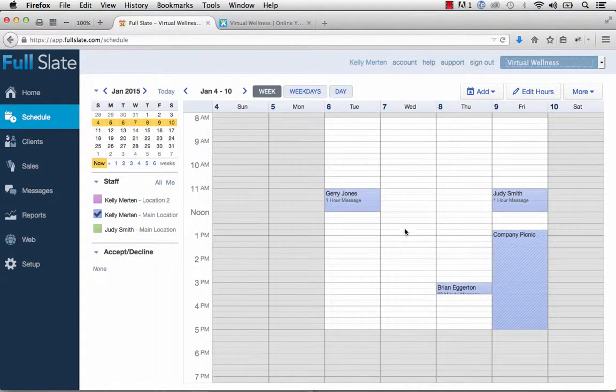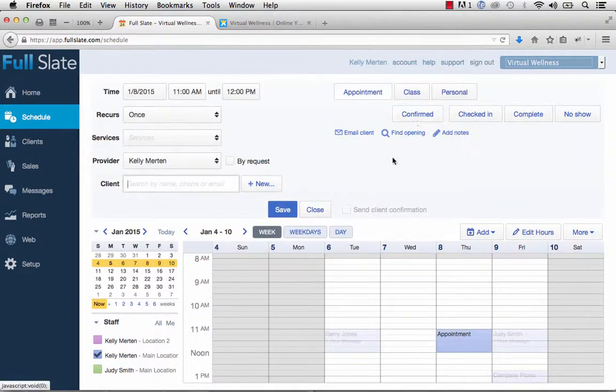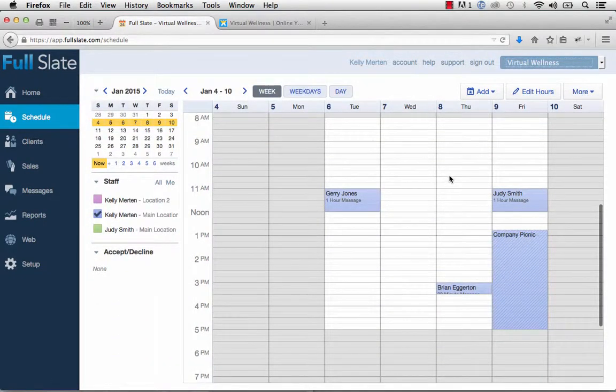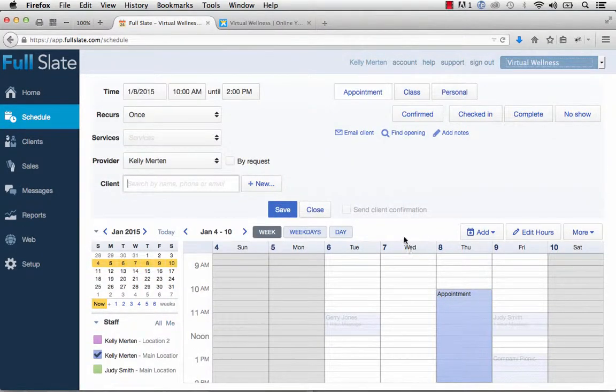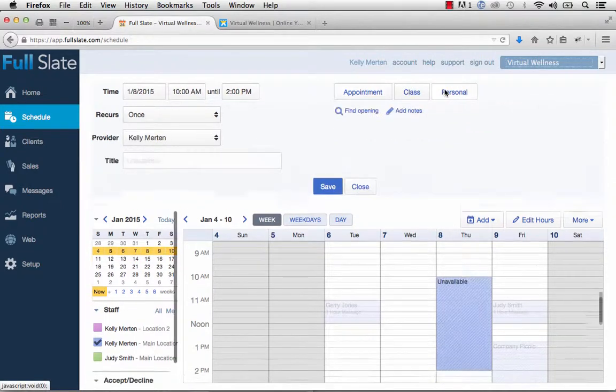If I want to do a personal event, you can just click on the calendar. If you just click on it one time, it gives you an hour block. Or if you click and drag it, it gives you a longer block. Let's say I want to go 10 to 2 on Thursday. It thinks I'm making an appointment. I can go ahead and do an appointment if I wanted to, or I can go up to the top here and say personal,